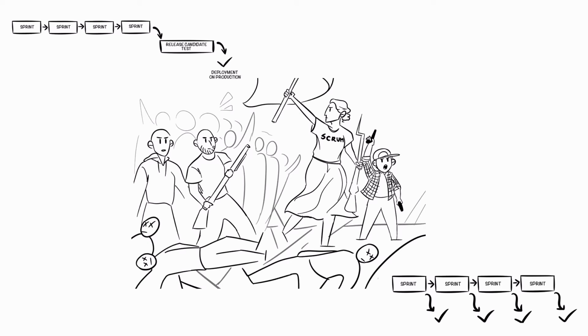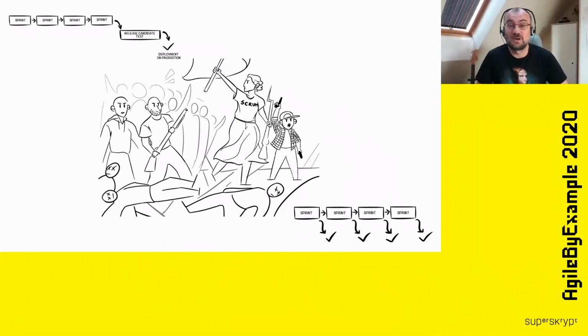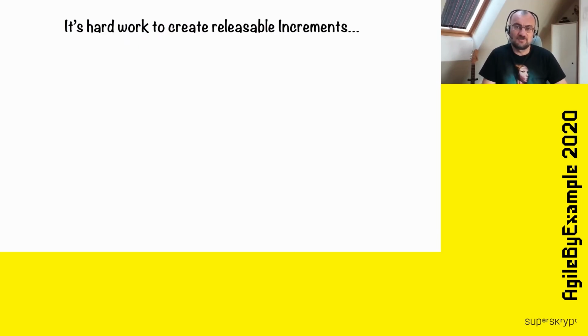There is hard work to do it. There is a lot of things you need to learn. So how to make frequent deployments, how to write automated testing, how to decompose the stories. And there are some things that you need to unlearn. You need to unlearn that there will be something like stabilization phase. You need to unlearn that there will be long regression testing of the features. So this is really a revolution. And looking at our case, we were not so much successful.